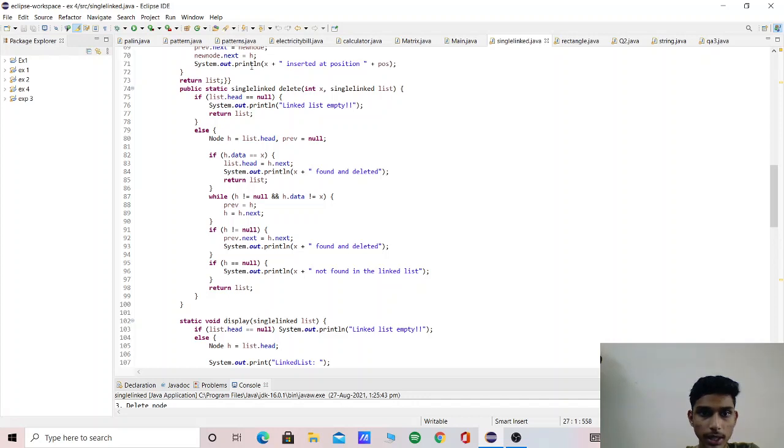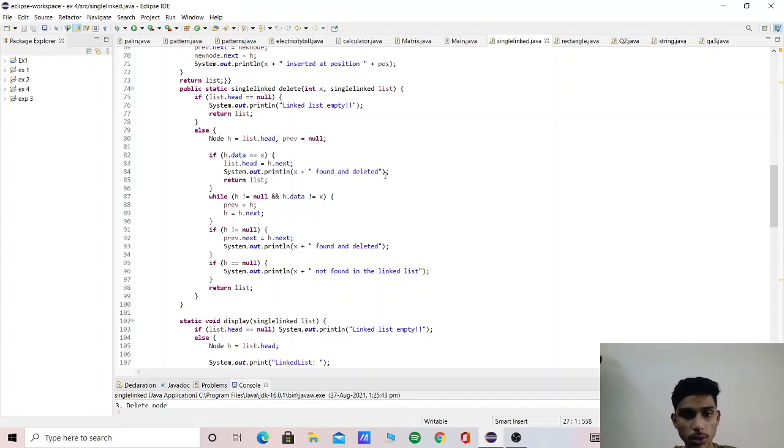Public static SingleLinkedList delete(int x, SingleLinkedList list). This is to delete an element from the single linked list. If this condition is true, then it shows that the list is empty. Otherwise it will go here and delete an element. If the data is equal to x, list.head = head.next, System.out prints found and deleted.